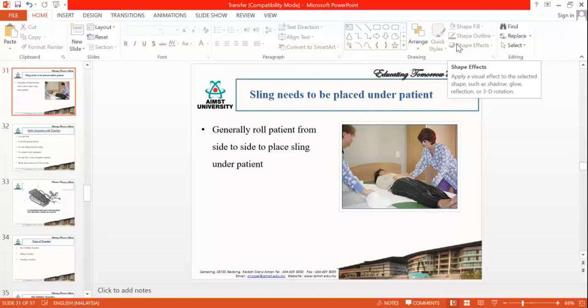So that is very, very difficult. That's why you need to be very careful while doing this transfer. You need to plan before doing this transfer. Some of the safety awareness will include,